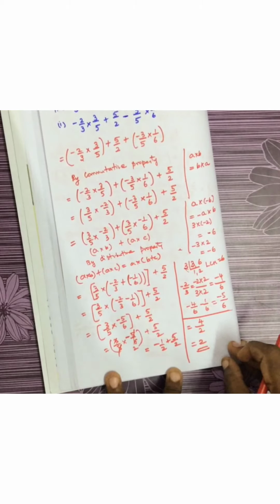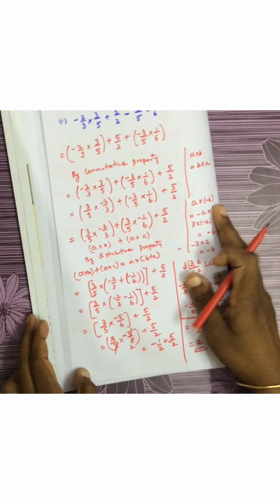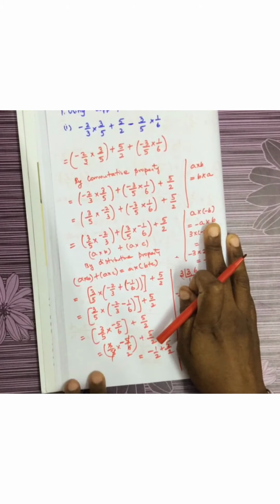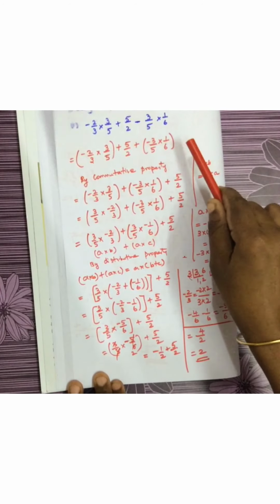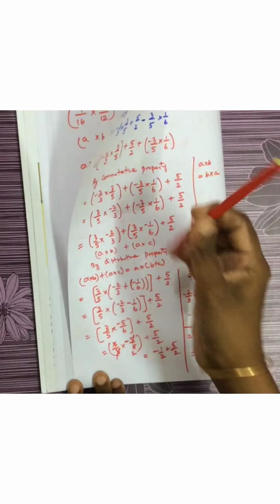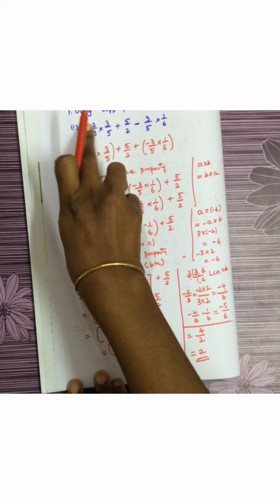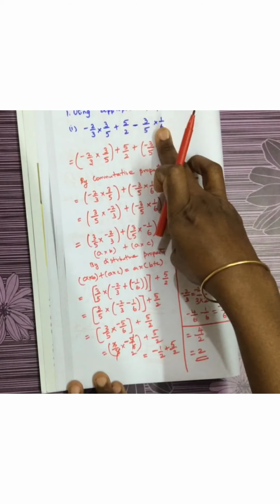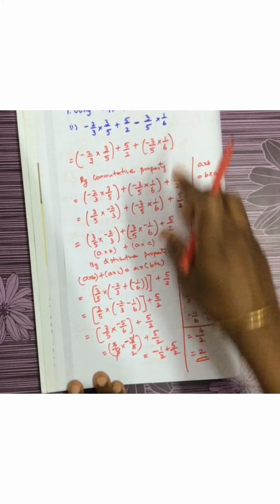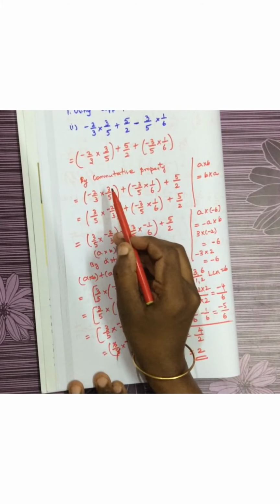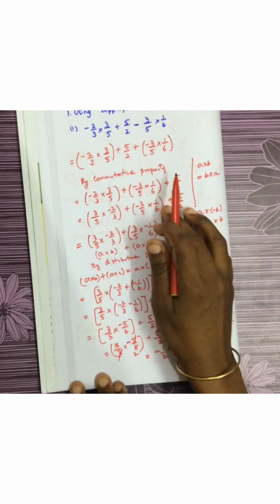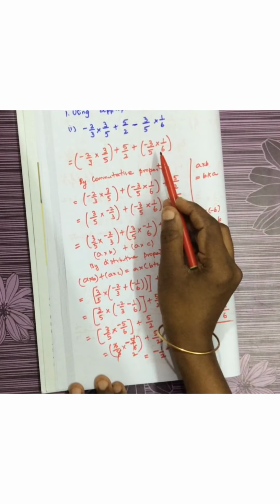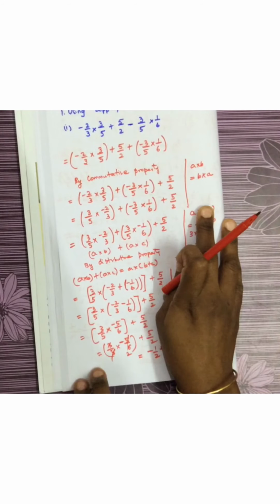So I will repeat it once again. First thing you have to keep in mind is you have to put the bracket first. That is important. That helps you to avoid mistakes. First put the bracket first. Here is one multiplication, so put a bracket here, and here is another multiplication, put a bracket here. So you have to write which property you are using. You are going to shift from here to here. So that is a commutative property. So you are going to shift this term from here to here.